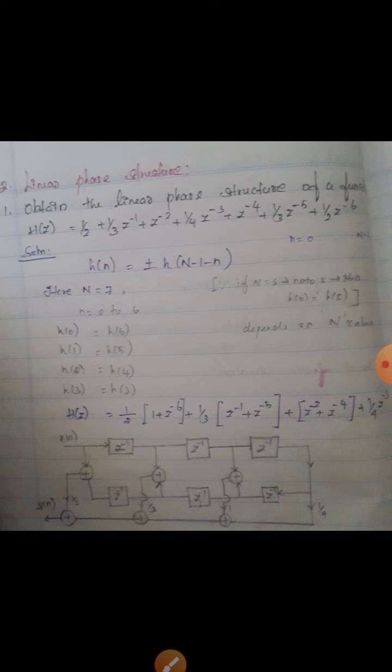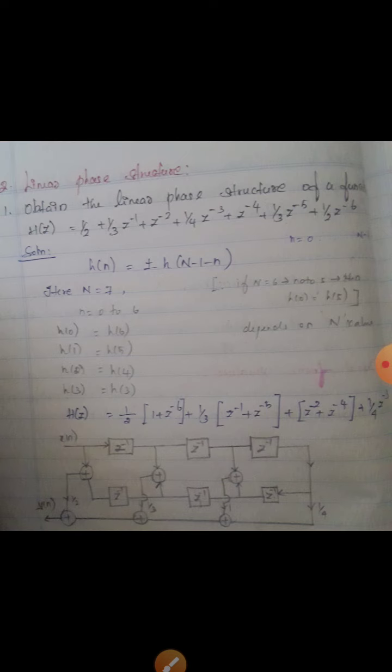Okay, while applying this with the FIR condition, we will get the linear phase coefficients. For n equal to 0, h(0) = h(6), for 1 it is 5, then for 2 it is 4, and 3 equals 3. This is a symmetric one. You have to combine all these coefficients by using this linear phase condition, that is, H(z) equal to the 0th and 6th delays are equal.